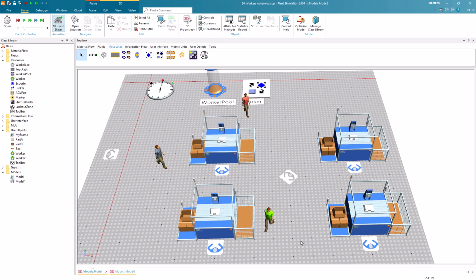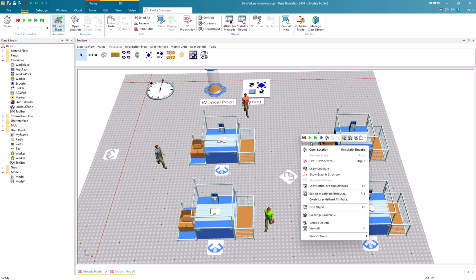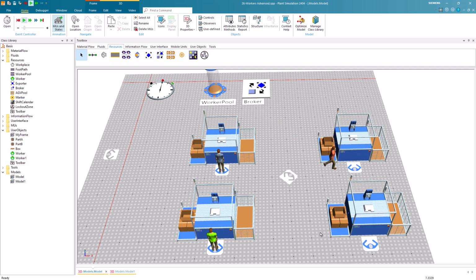Now 2 behaviors become apparent. Firstly, as the scope is hierarchically more important than the nearest worker, the first worker will be assigned to the job at the first station by the broker, even though the second worker is closer to it and the checkbox, "Choose the nearest worker," is activated. Secondly, the first worker will only work at stations 1 and 2, whereas the second worker will work at the 2 other stations.